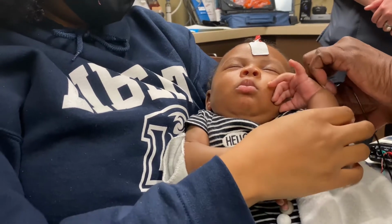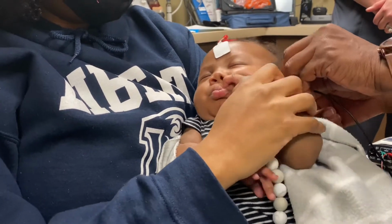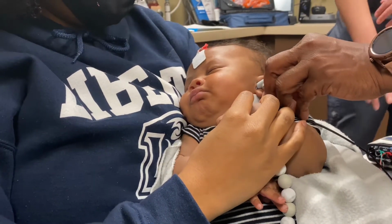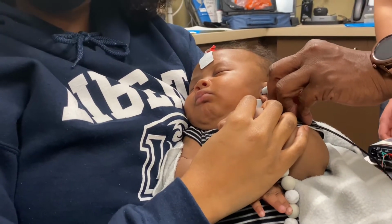We're going to do two tests. One is called the OAE, which is short, and the ABR with the stickers is a little bit long. Okay. What were you saying? Go to the OAE or whichever is